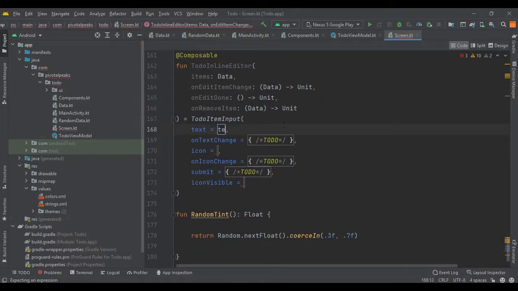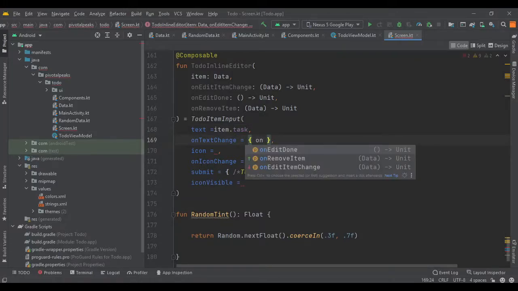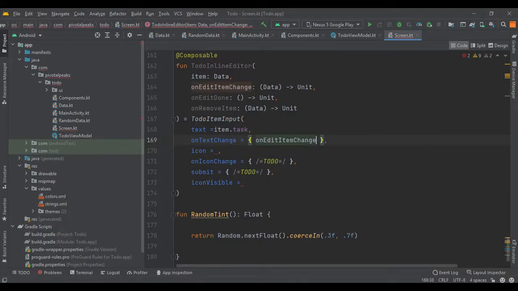So text, we are going to define it, sorry, item, or it should actually be item, because we can only edit one item at a time. So item dot task, and on text change we need to define the on edit item change. So on edit item change, and then we need to pass the value.